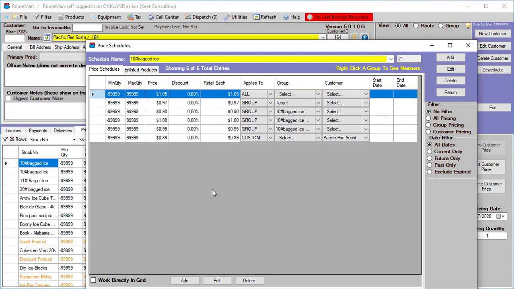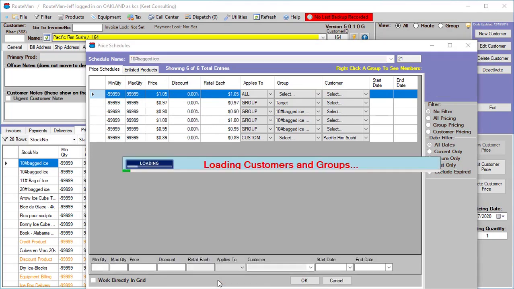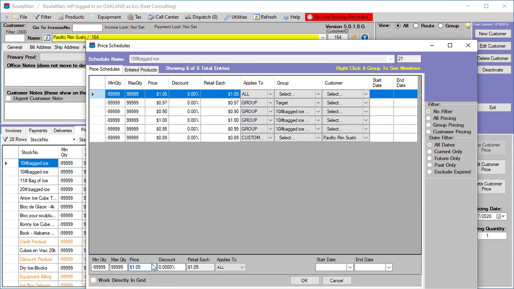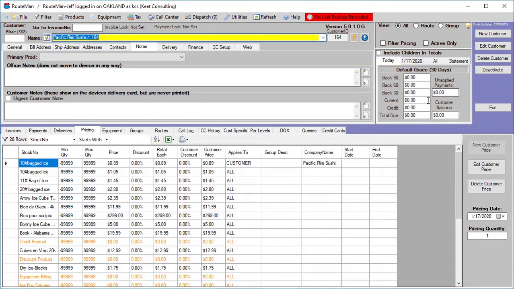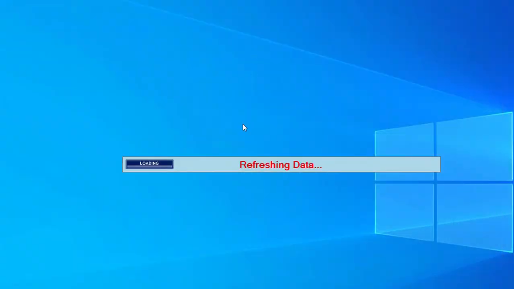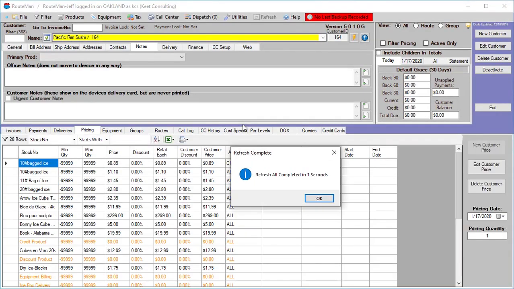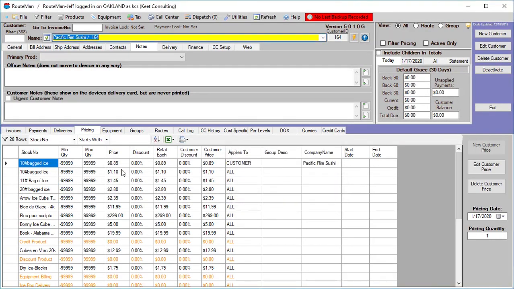For our all price, instead of being $1.05, we're going to choose edit, and we're going to change it to $1.10 per bag. Okay, and now when we return and we refresh, all of our customers who are being charged the all price will be charged